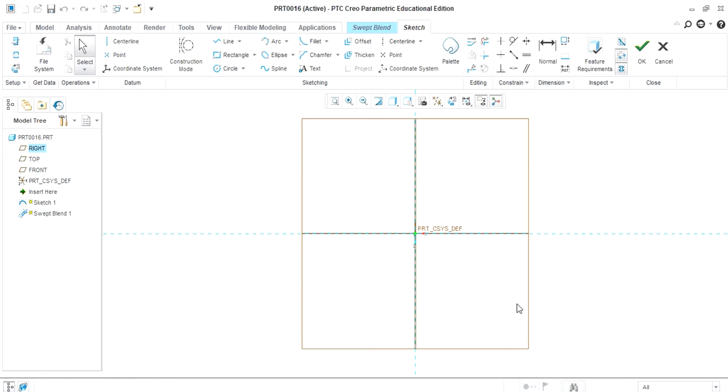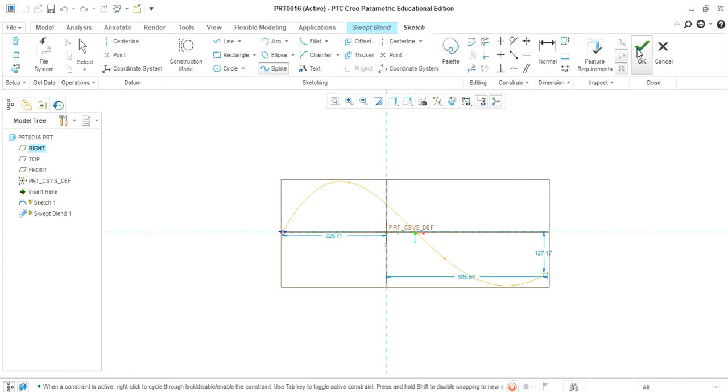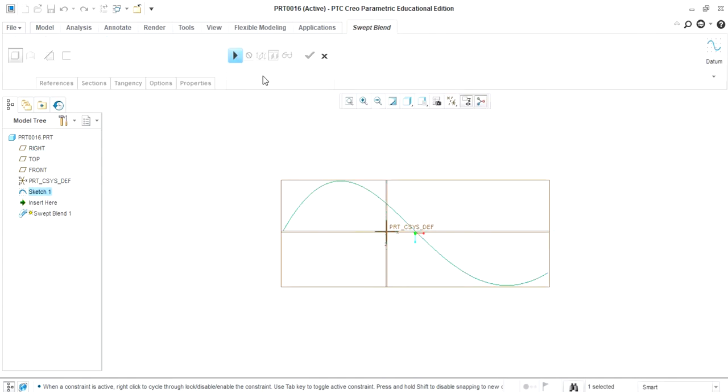So for that purpose, firstly we will need the profile. In the first case, we will draw the profile for the two different cross sections. So let us take a random profile with the help of spline. I have taken this profile. Click on the OK. Then we have to draw the two different sections on this profile, first at this point and second at this point.